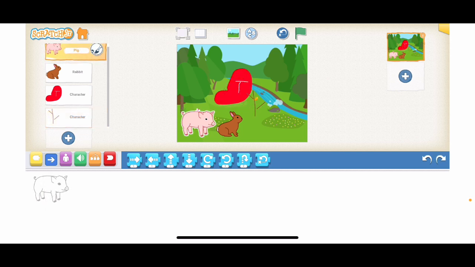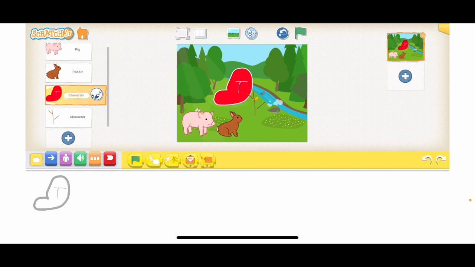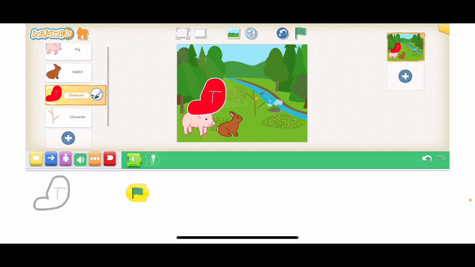So first we're going to start with the hat. Just as shown in the prototype, the hat blows off the pig's head. So first we want to have the pig's head looking like that. Okay, so we now want the green flag. The green flag is essentially telling the code at the top right, when we press it, to play. So when the green flag is played,